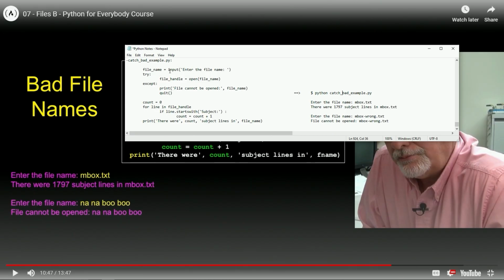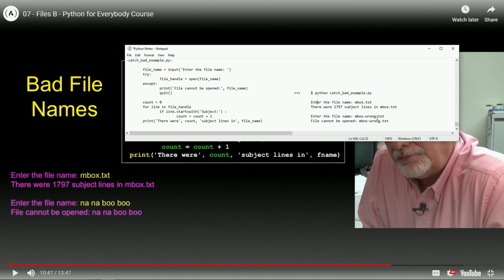All right, so we're doing the file name, enter the file name, right? So that's what this is right here, enter file name, inbox.txt. Try. If this works, cool. And if it works, we don't have to do the except. We can just say count equals 0 and then go through what we did before. And it will print out this stuff right here. When it checks it in, it's all good.